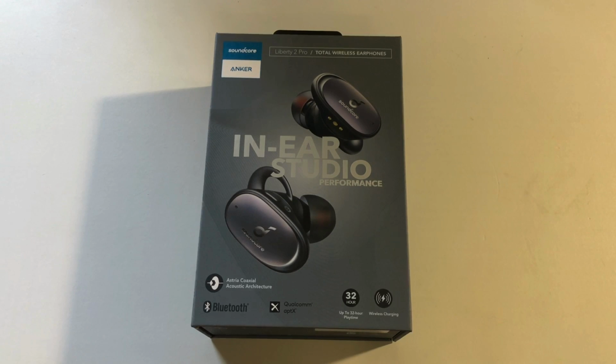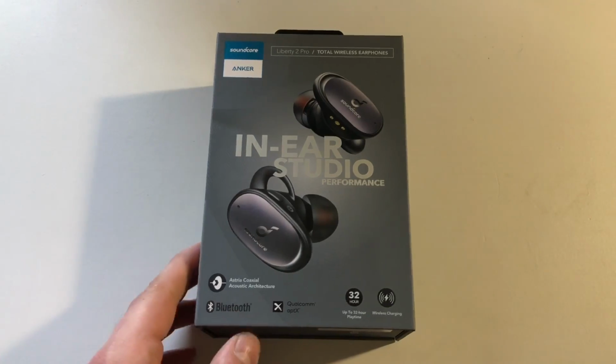bit about Anker. I have definitely thought they were more of a go-to company and an upcoming company, and I've tried these and I'm really impressed with them. They're definitely more of a premium brand and price compared to the Tozos, but I think they really perfected what the Tozos did and what they couldn't do and made it all exactly what I was looking for. So